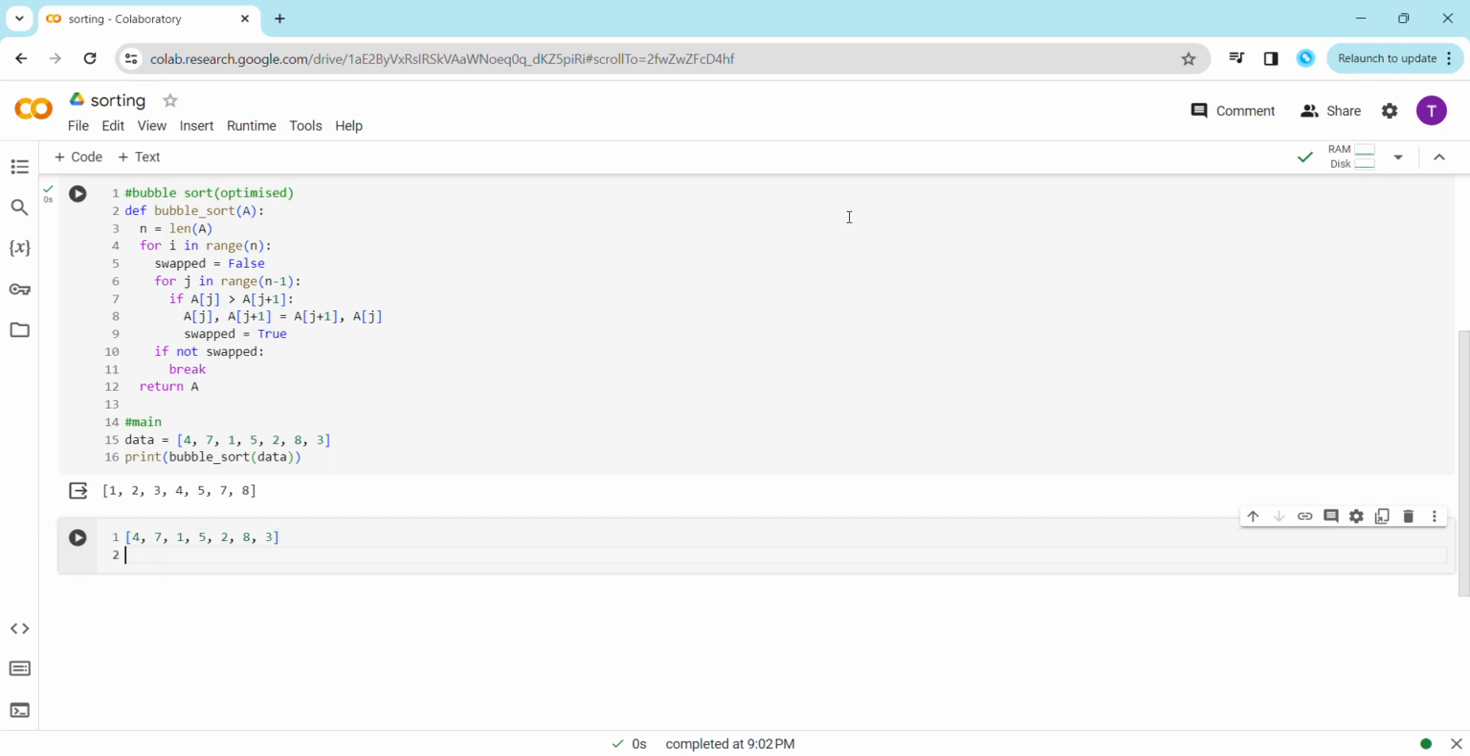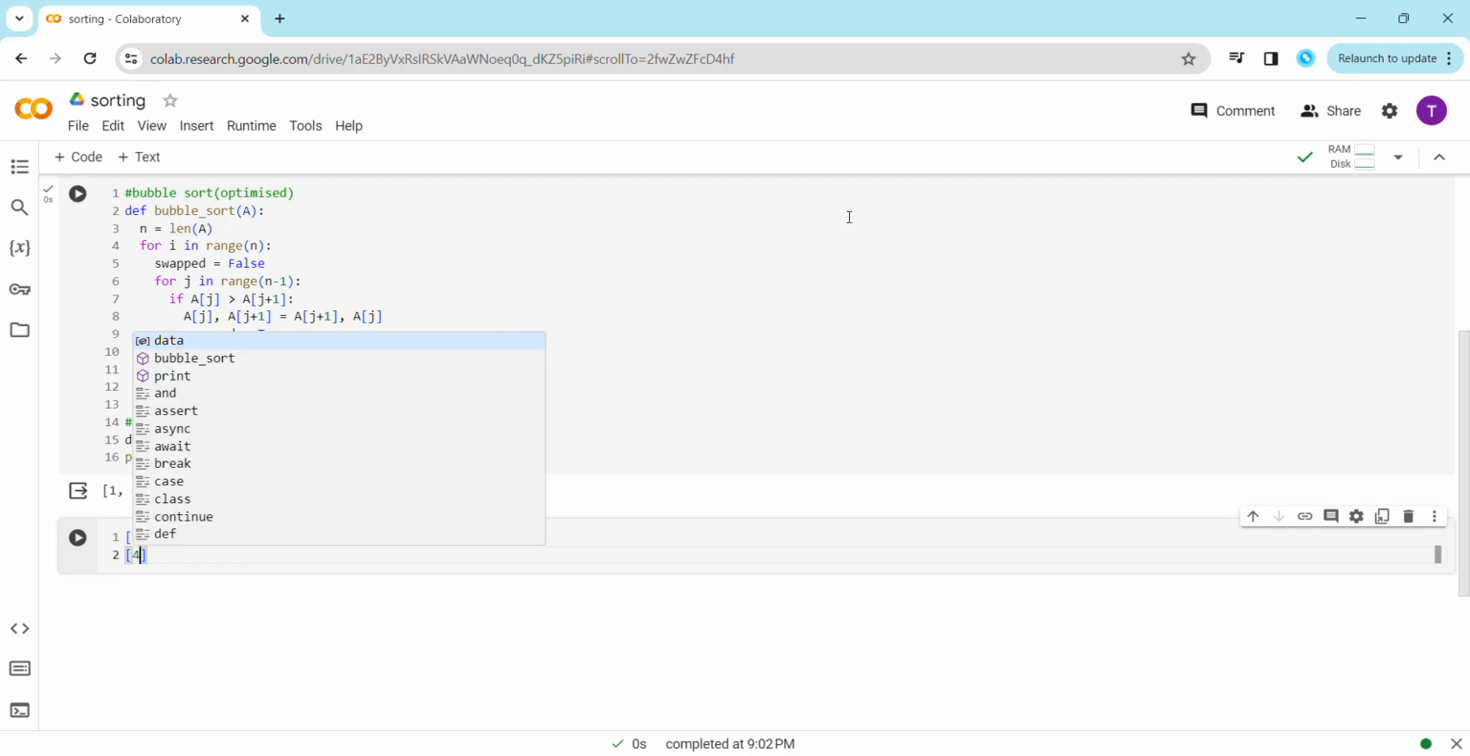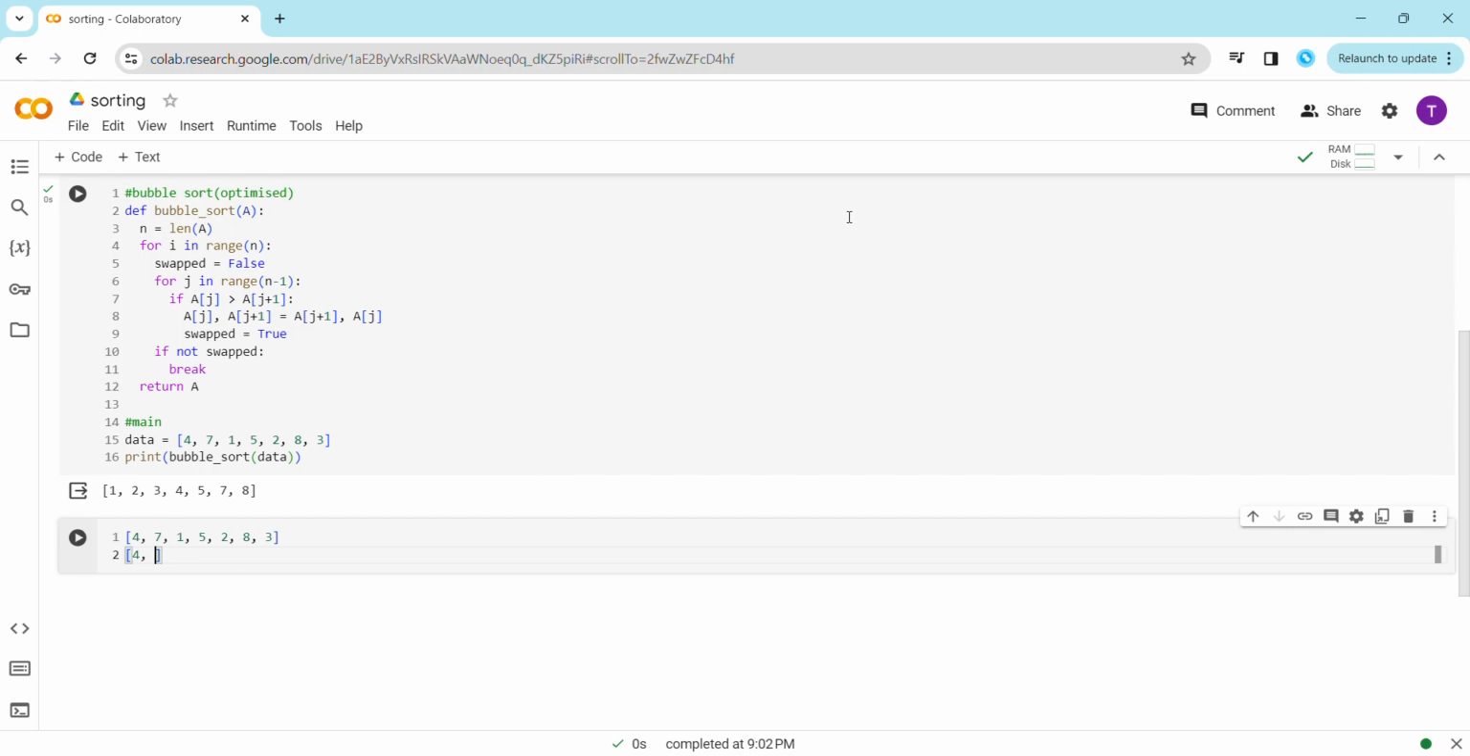As 4 is not more than 7, it moves on to the next number, which is 7. So 4 remains in position while 7 moves and is compared to the right, which is 1. As 7 is greater than 1, 7 is shifted to the right, so 1 will be placed here and 7 is moved. It's again compared to the number 5, and as 7 is again bigger than 5, it moves all the way